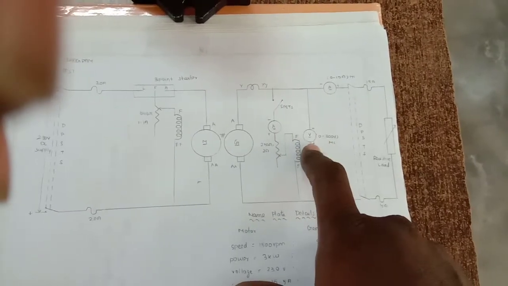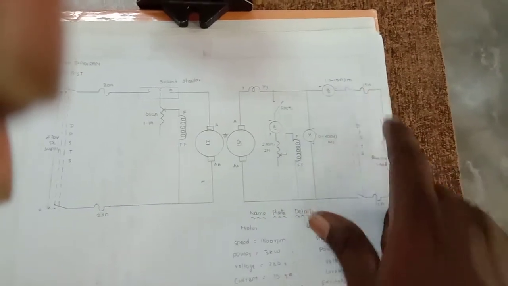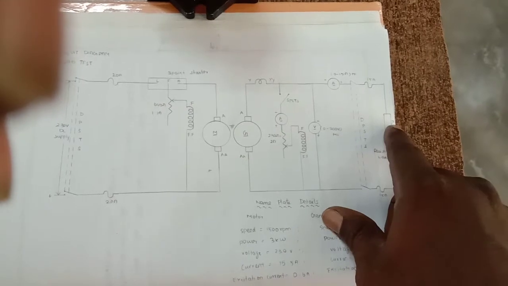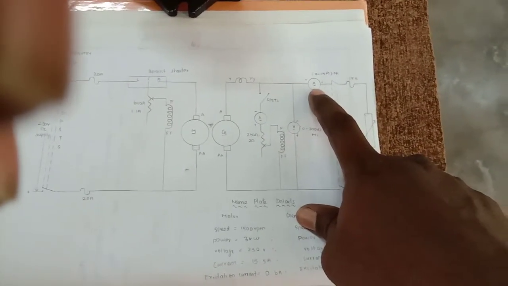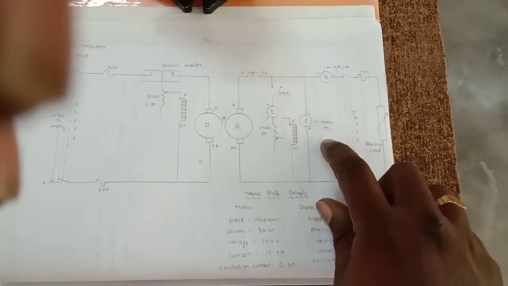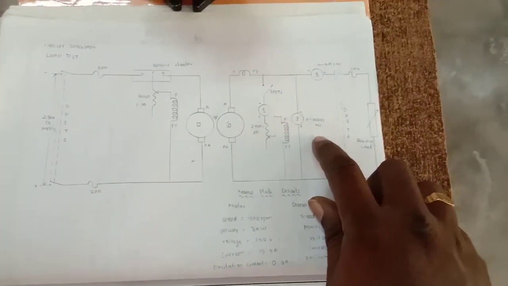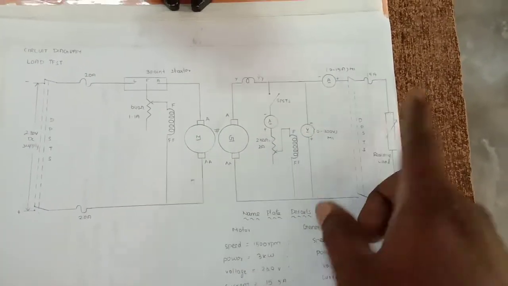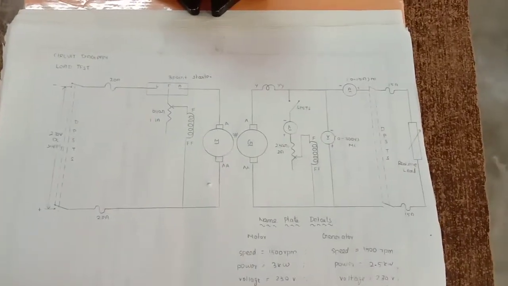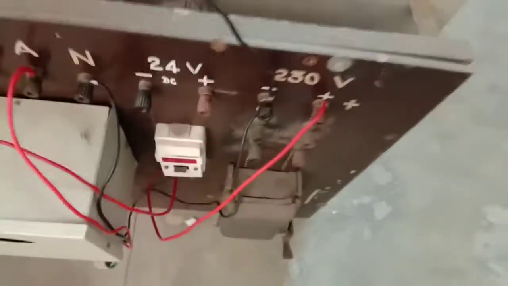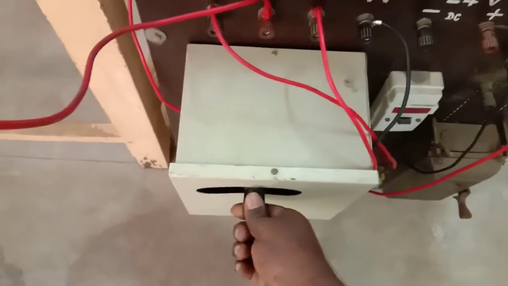rheostat, and after setting 230 volts we can give the load. By varying this load up to the rated current of this generator, that is up to 11 amps, we can load this compound generator. So that is for one type of connection, that is cumulative compound. After that we can go for the differential compound. By means of the DPSTS switch we can turn on the DC supply for the prime mover, and we are starting the starter.